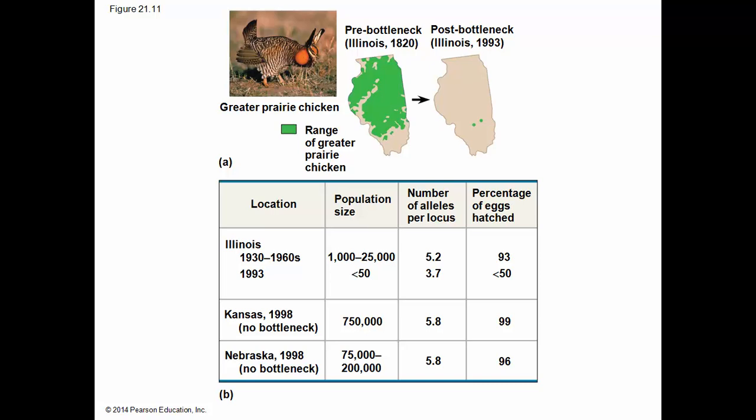Okay, so here's Illinois. It shows the previous range of the greater prairie chicken, and now it shows the current range of the greater prairie chicken. So you can see here's a large population that covered a large area, and now it's only two isolated populations remaining. Here we showed the estimated population size,